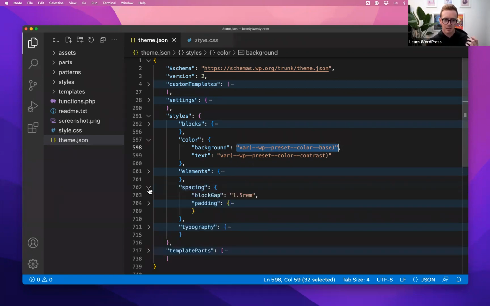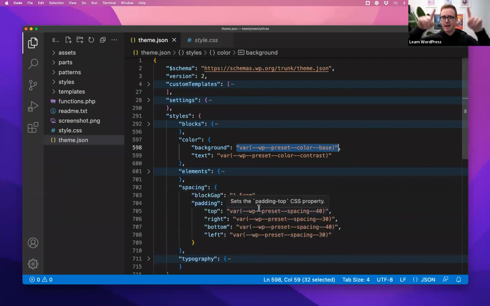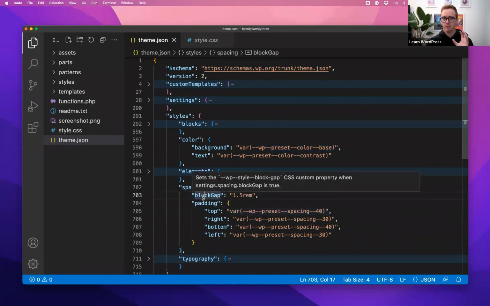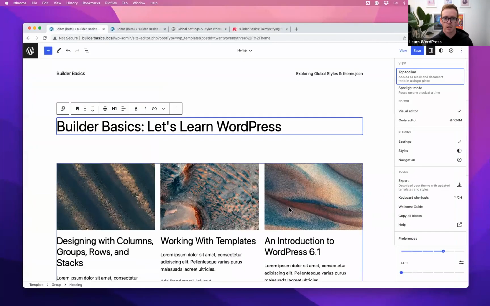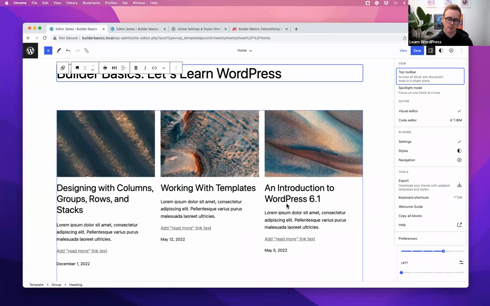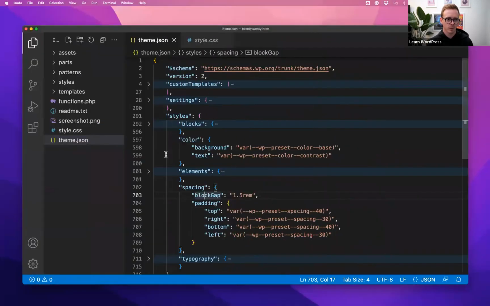Now, inside of spacing, this is where we're going to set things like the padding around the site, the edges of the site, and also block gap. Now, I've done previous presentations on what layout is and what block gap is. So again, a whole other topic, but this is where you're going to set block gap. And this is the default value that is between blocks, the space between blocks. And that's what we're seeing here under the